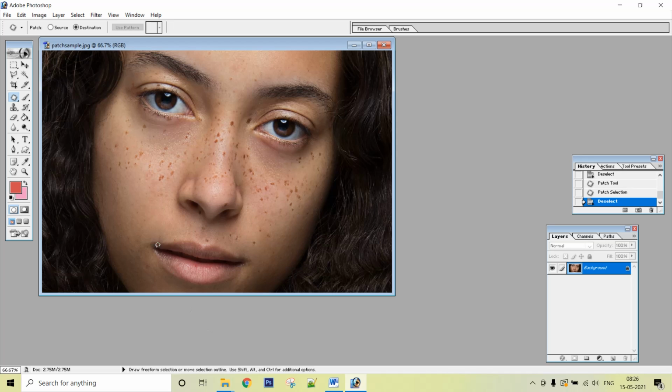So the simple process is that whenever we have to do the patching, first we have to define the source area. Suppose I select this area to be the source, and now I select destination and move this particular selection over here, and you can see that these freckles are cleared here. So again I press source, select the area, select destination, move the selection, and you can see the freckles are removed. So I have a wider area, so again I select from here,